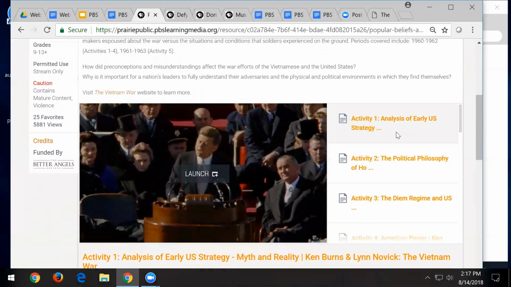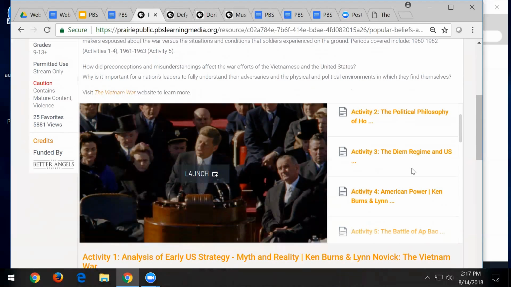And so now you have an analysis of US early strategy, the political philosophy. What a nice way to jigsaw within the class and ask different groups to take a look at different factors that the political leaders were taking into consideration as they're going through this experience. Use the media as a resource for them to watch and re-watch while they're going through this analysis, looking at other primary source texts and documents